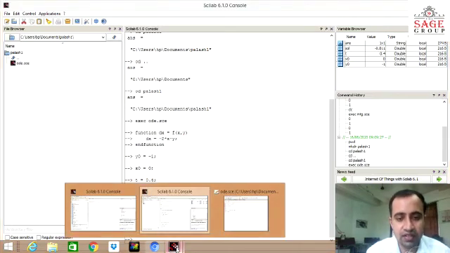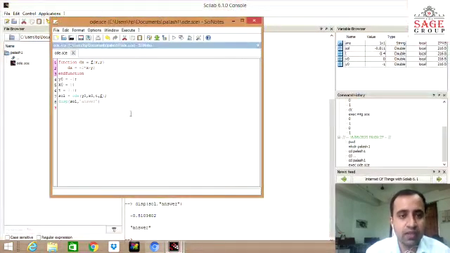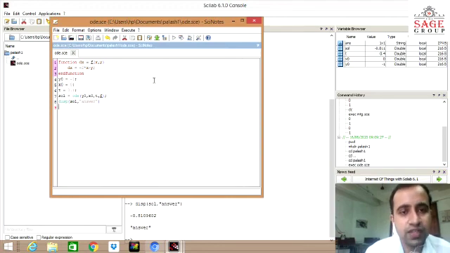Now there is another way of running the above program. The following options are available on this toolbar. This is execute, this is save and execute, and this is save and execute all. Save and execute all means that if multiple files are open inside the Palash1 folder, we can execute all the files at the same time.